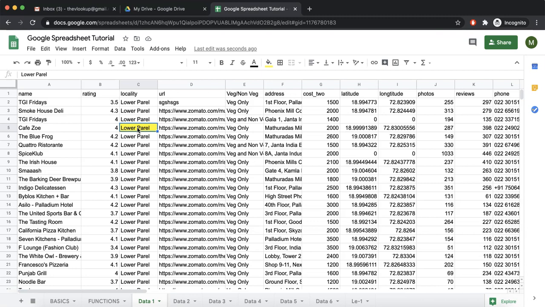The world came together and decided. When I say world, I mean the people who developed it and the analysts who used it, they came together and decided, okay, we are going to say the column name first and then the row number. So this is called C5. Any cell name of the Google spreadsheet, or Excel, which follows the same thing, always has an initial alphabet and then some number.